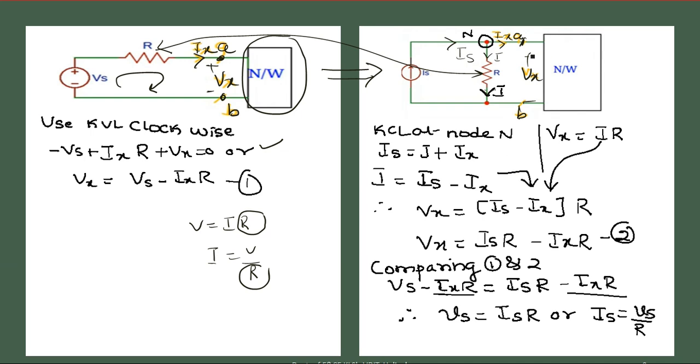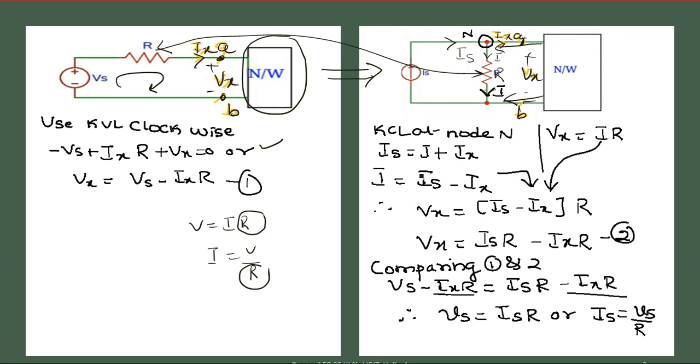Then what will be the voltage drop? How to define this voltage drop? V is equal to I into R, right? So the voltage drop is nothing but this voltage drop. You have to go parallelly like this. So here you find which current? Current is I and resistance is R, right? So this will be the voltage drop across this. So Vx I can define as I into R, right?